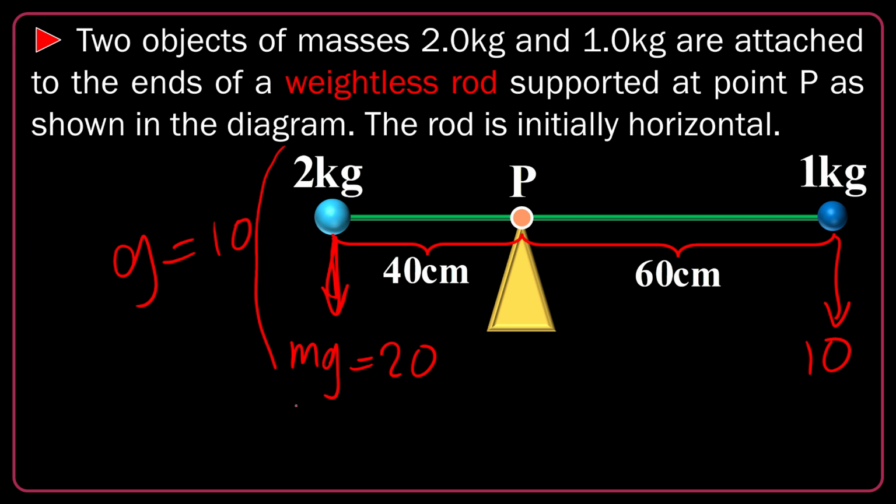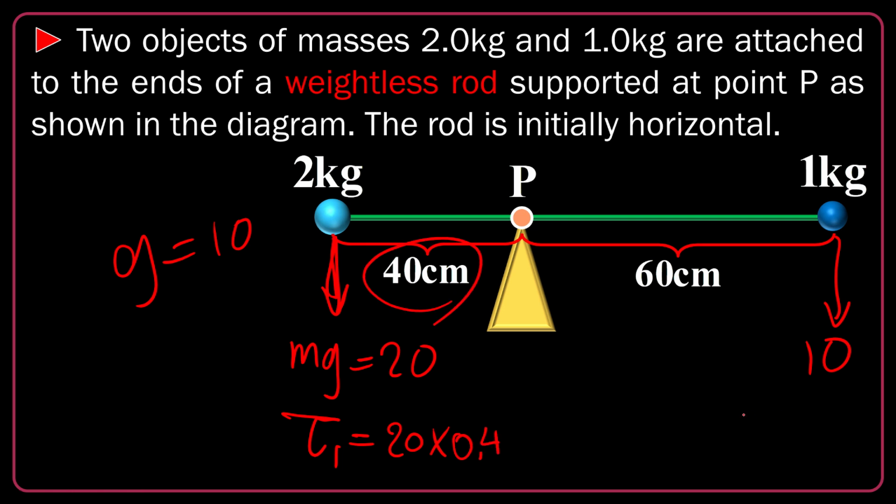This 2 kilogram mass will make an anti-clockwise rotation, and the other a torque clockwise. So they are fighting. Let's see if they are equal or not. The torque of this one, let's say tau 1, is 20 times the distance, 0.4, in SI. The torque of the other one, tau 2, will be 10 times 0.6. The torque of this is 6, and the torque of the other seems to be